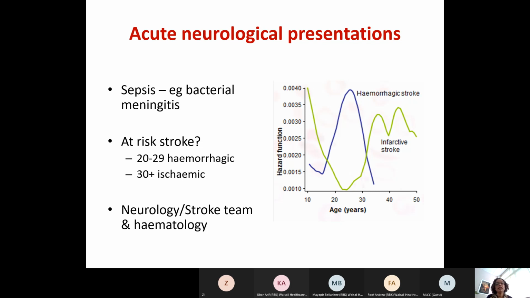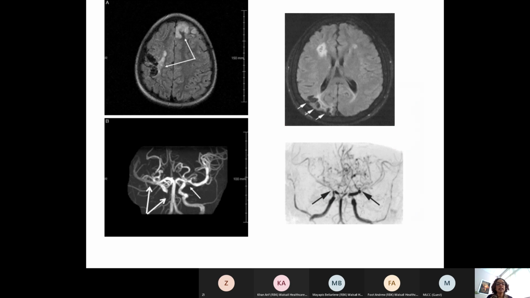Some of these patients may need to have an exchange transfusion. And just to give you a flavor of why they have stroke, it's usually around the circle of Willis. At the bottom right, we can see the cerebral arteries sort of tailing off quite abruptly at both ends. So this patient has bilateral carotid